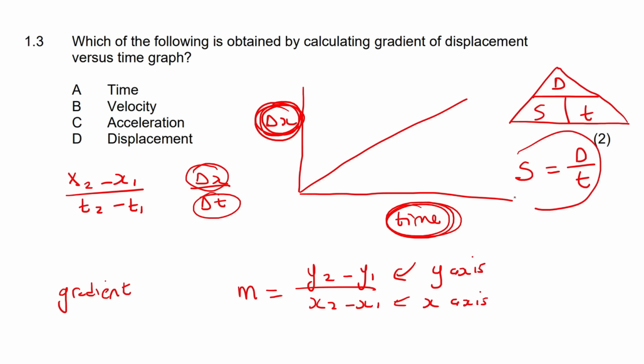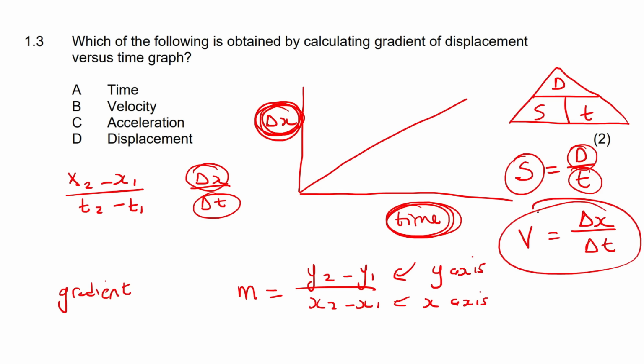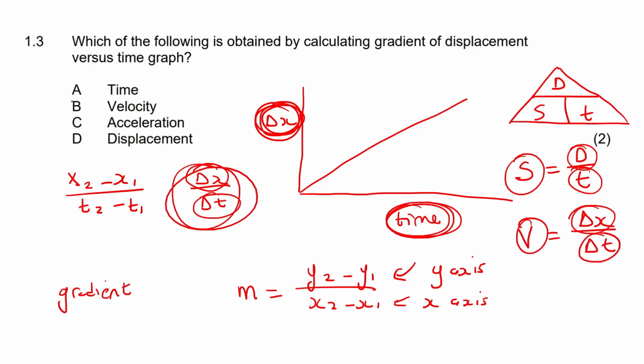Now let's convert these into vector values. So what is the vector of speed? Well, the vector of speed is velocity, and the vector of distance is displacement, and the vector of time, well, that just stays time. And so there we have it. Velocity is equal to delta x over delta t, which is what we have over here, and so it's velocity,